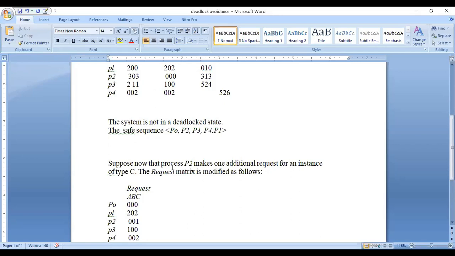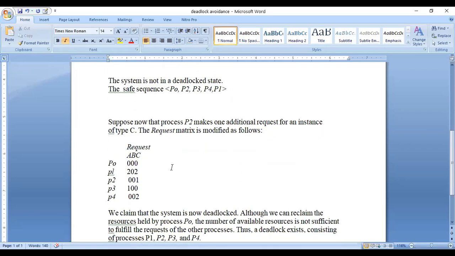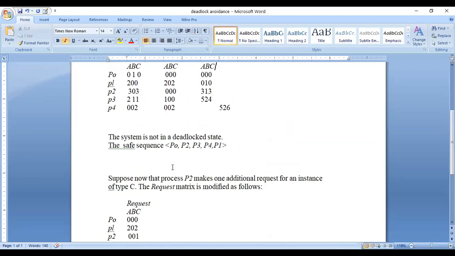So if P2 makes one additional request for an instance of type C, you have to find out whether the system enters a safe state or an unsafe state. If it is unsafe, the deadlock will be there. So first check the condition.